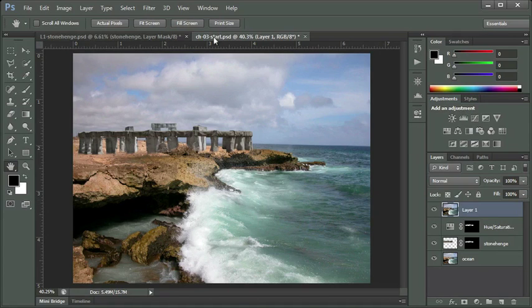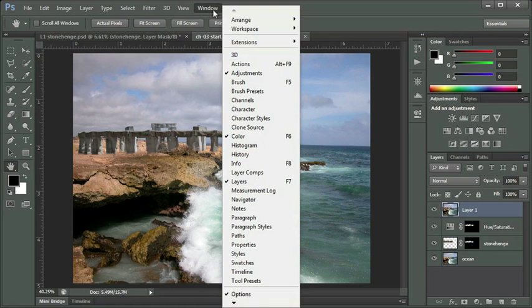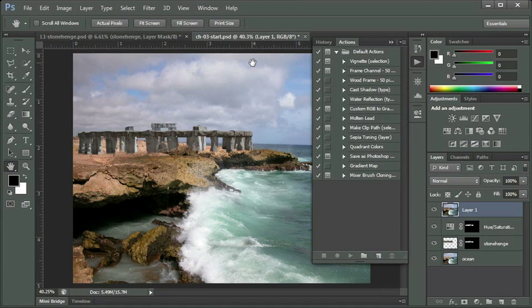On my window menu at the top, I'm going to click on that. I'm going to select Actions to open the Actions panel. The Actions panel are a variety of macros that have been created for you, and you can actually find additional ones on the internet at a variety of places, including the Adobe Exchange. These are the default actions available, and by simply having your layer selected and then clicking or selecting one of these actions, you can hit the play button here at the bottom of the panel and it will apply that